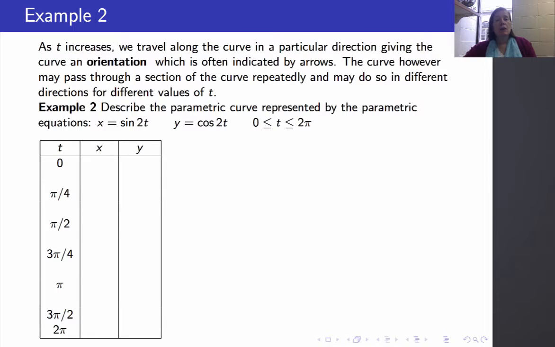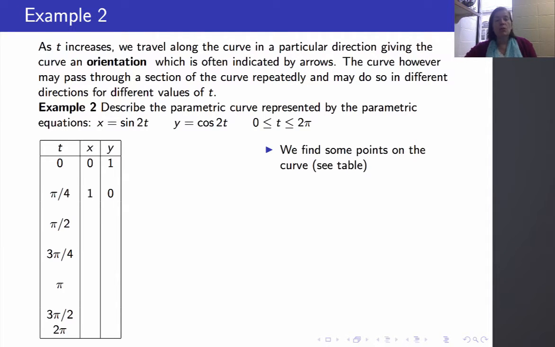Here's an example where the parametric curve passes through a section of the path more than once. So let's look at the parametric curve described by the equations x equals sine 2t, y equals cosine 2t. And here the t ranges from 0 to 2 pi. So we start with t equals 0 at the initial point, which is 0, 1. And this is at the top of a circle of radius 1, where the x is 0 and the y